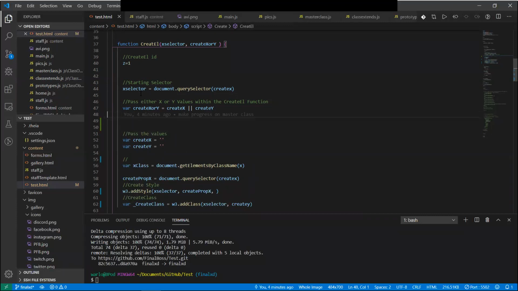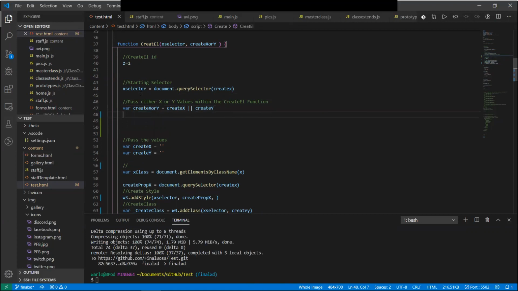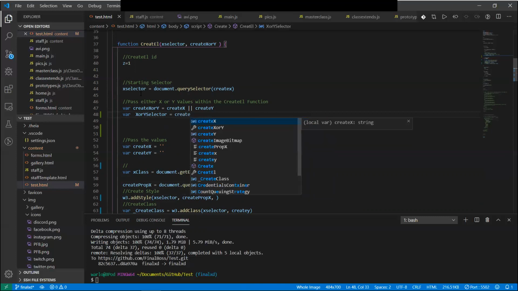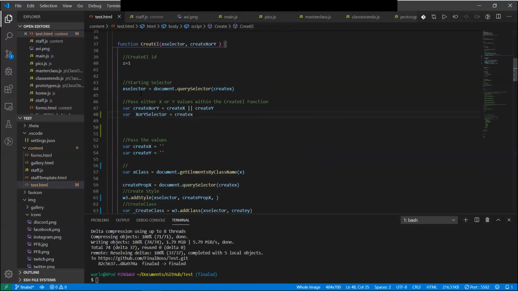I think that will work. There, create X or Y selector equals create X or